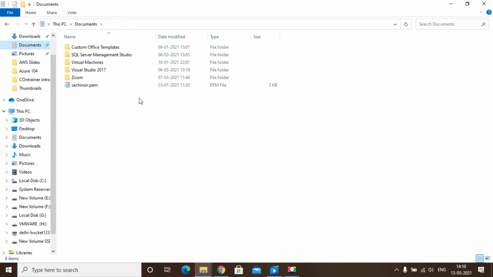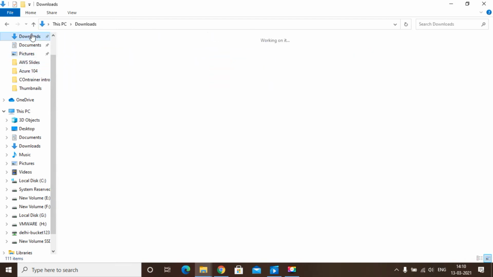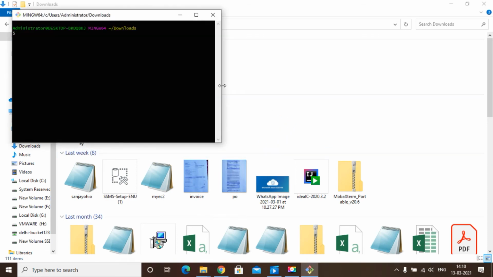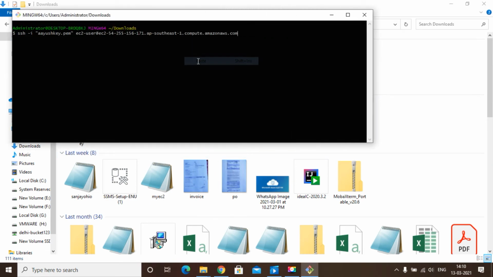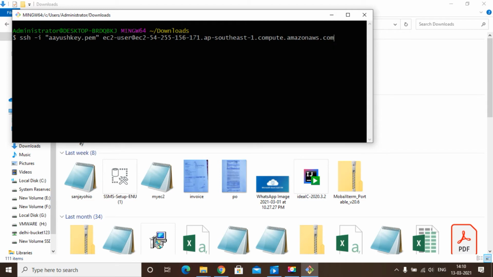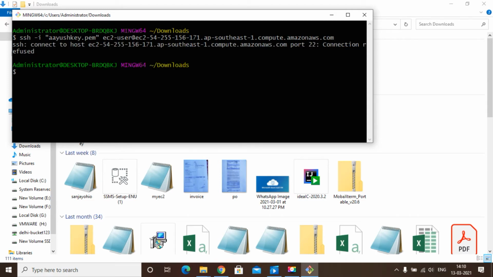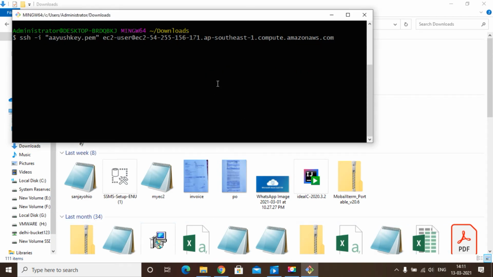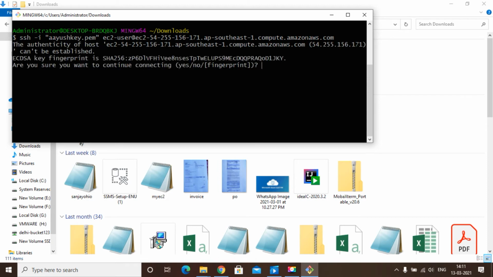The key is inside downloads. Open the Git Bash utility. I think the machine is still being processed, that's why I'm getting this error. Okay, no problem. Let me try it again now. I hope it will connect. Yes.